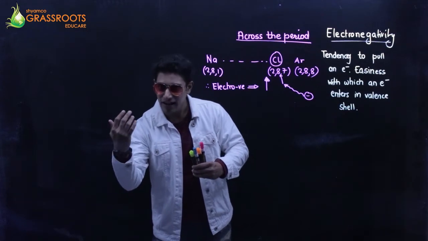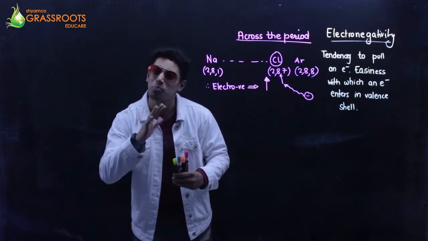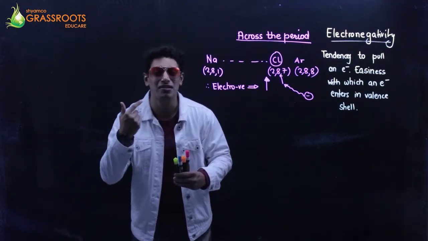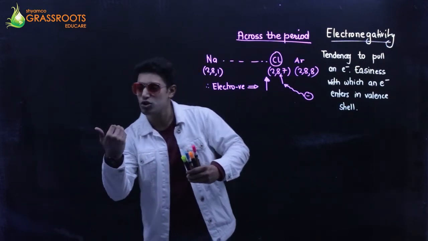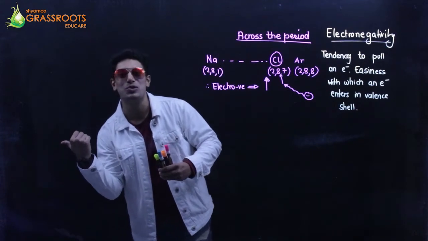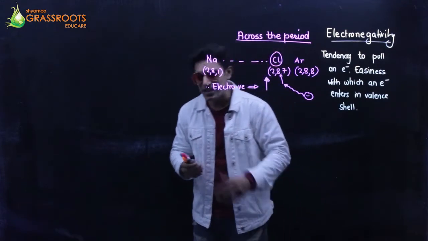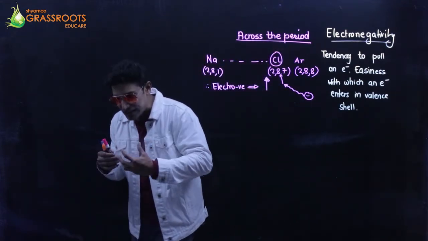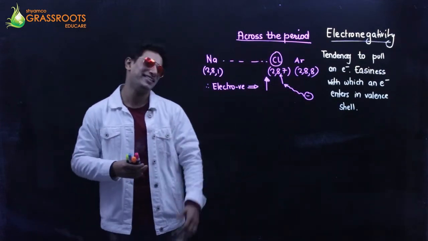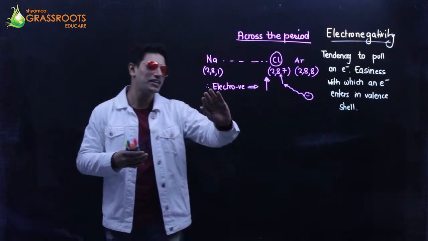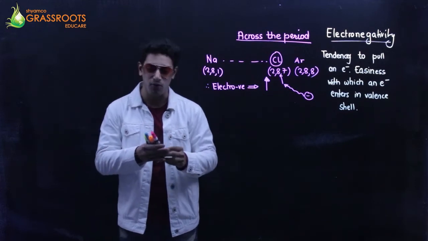So if I have the tendency to pull, that is electronegativity. But the person is approaching me, and when he speaks to me, I say, how are you? What are you doing? My voice is hopeless, my expressions are tremendously bad. The person takes a U-turn and goes to the other person. And that is chlorine, just like electron affinity. So electron affinity is when an electron actually enters, and this is just a property of pulling, the property of attraction. So electronegativity across the period increases or decreases? Increases. The pulling effect is more.